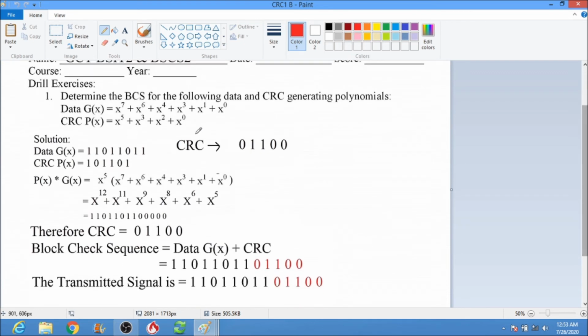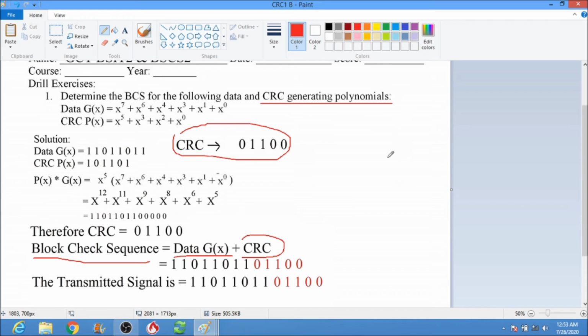Okay, so therefore, this is our CRC. The block check sequence is your data G(x) plus your CRC generating polynomial, which we solved a while ago. So we append the 0, 1, 1, 0, 0 to our data G(x). Therefore the transmitted signal is 1, 1, 0, 1, 1, 0, 1, 1, 0,